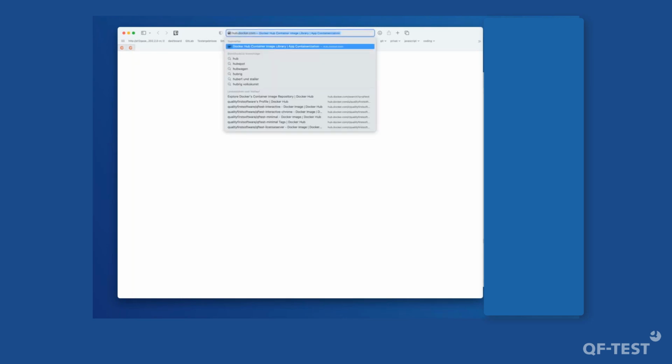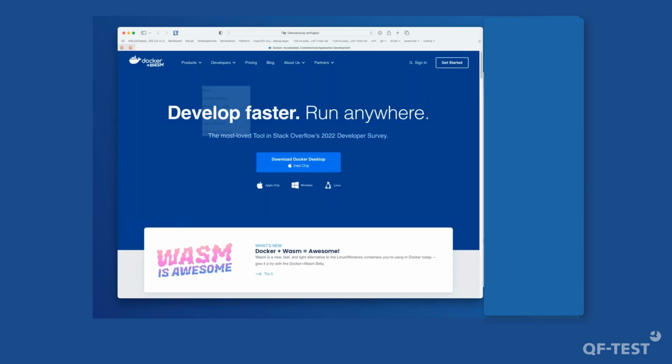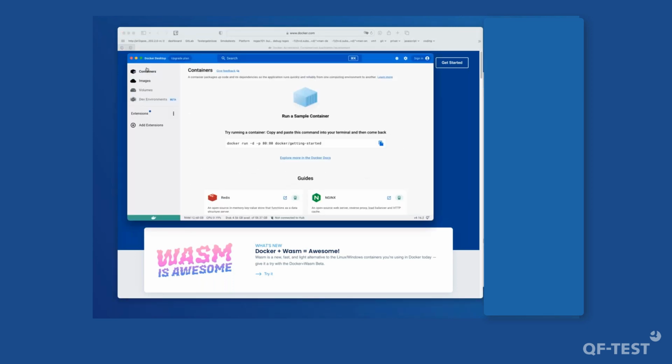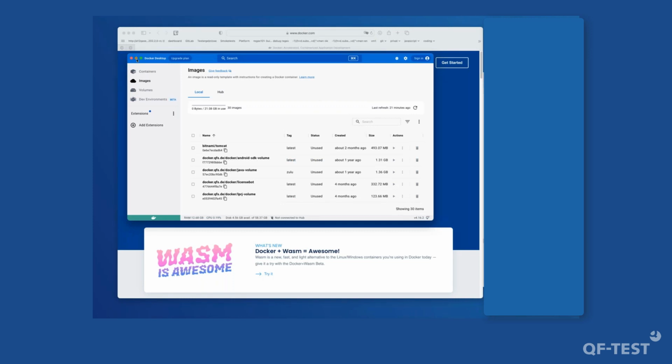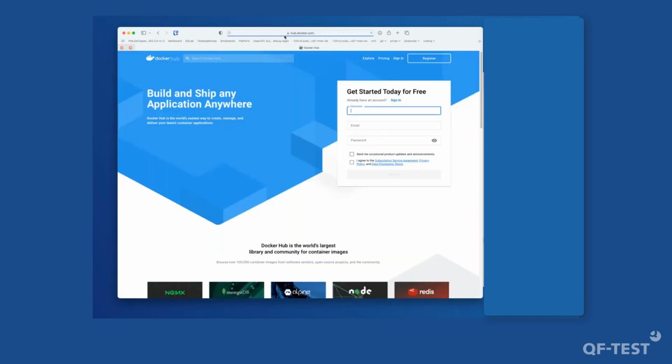So basically what you need to have this running on your machine, you install a Docker runtime environment, which is available through docker.com. Simply download the one of your choice up here. And if you have this installed, then it should appear somewhere on your machine. In my case, it's up here with some kind of dashboard running in there. It's telling which containers are running, which images are running, everything which is connected to this. And then if you want to have the QF-test Docker images, go to